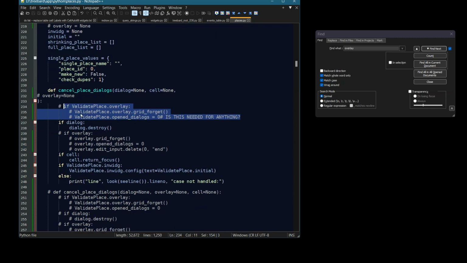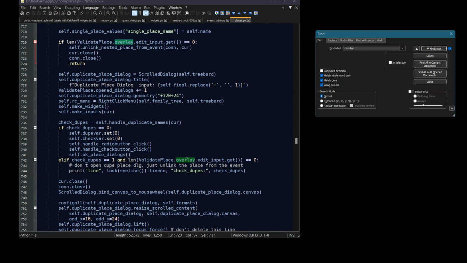Wouldn't that be nice if I could just get rid of 2 whole if statements and the same overly complicated brain melting problem that I remember from the past? So this is important. This is going to be needed. They're both basically the same thing. What they're doing is they're going into the overlay's input, which is where you would have been typing the edited content, and you're getting it. And if there's nothing in there, then you're just unlinking the place from the event. And it kind of looks to me like we haven't actually done it yet,